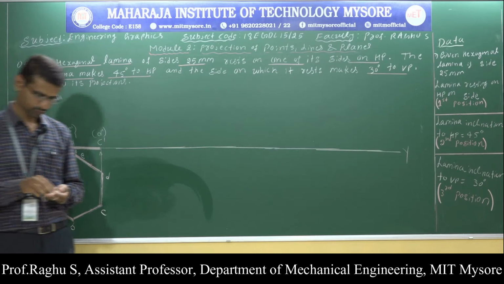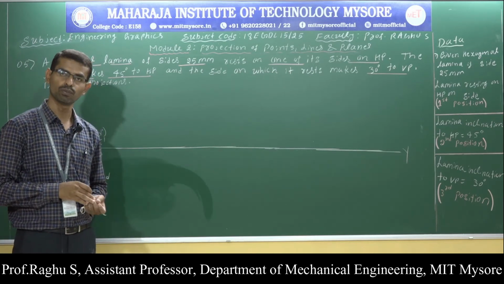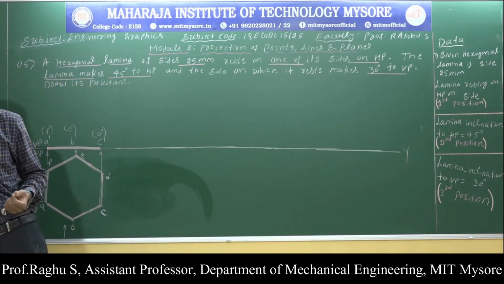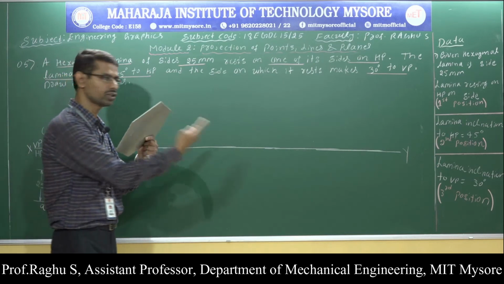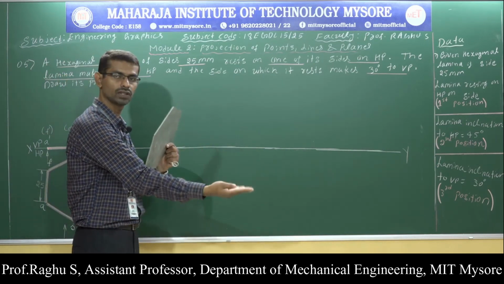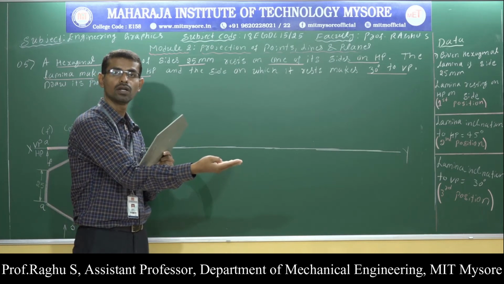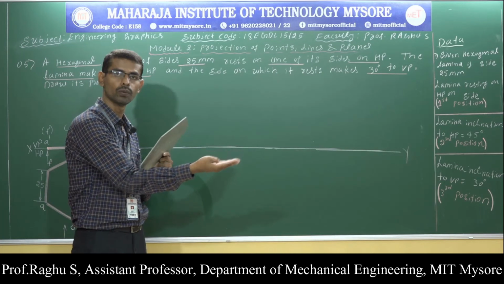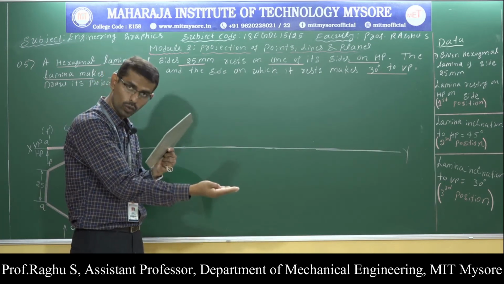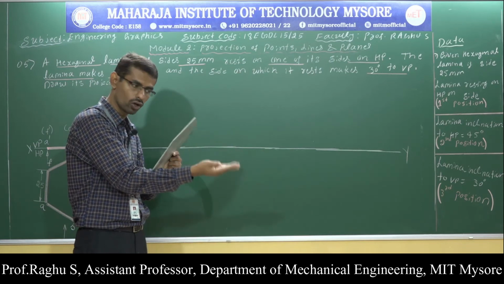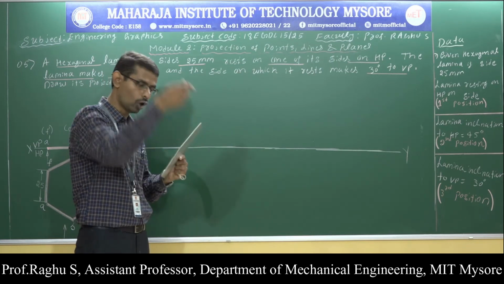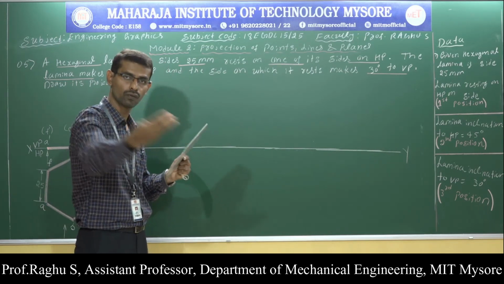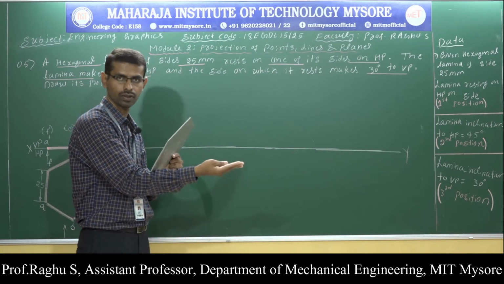Next, the second position. To write the second position, I need the HP inclination. Here the surface of the lamina is inclined 45 degrees with respect to HP, the horizontal plane. Now you are the observer. In which view will I see this inclination, front view or top view? In the front view I will see this inclination along with the lamina. In the top view I cannot see any inclination, only the apparent shape of the hexagonal lamina, but in the front view I can see the inclination.